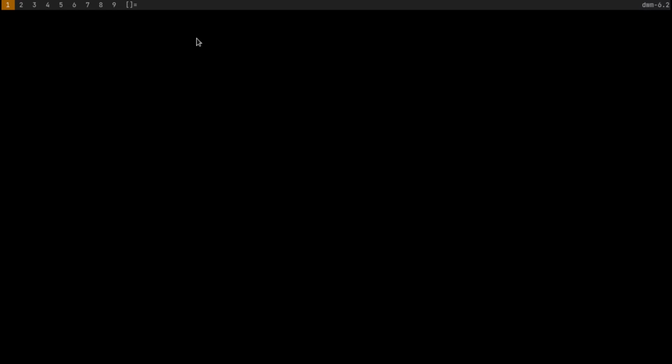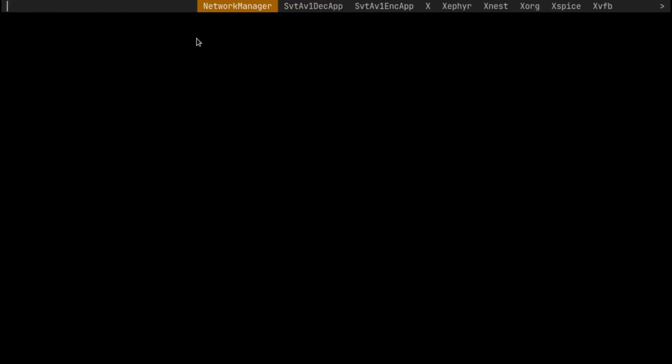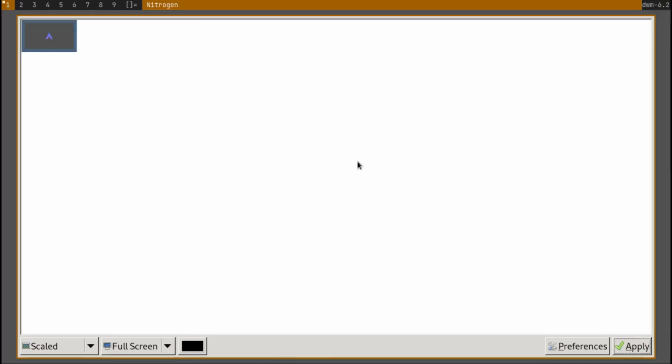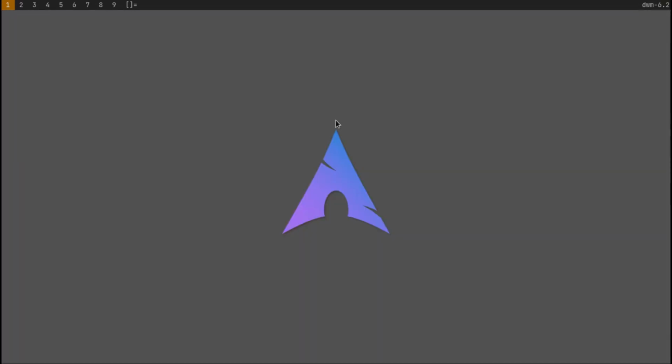One thing: as you can see, my wallpaper is gone. Every time opening Nitrogen and hitting apply again would be a very tedious task.